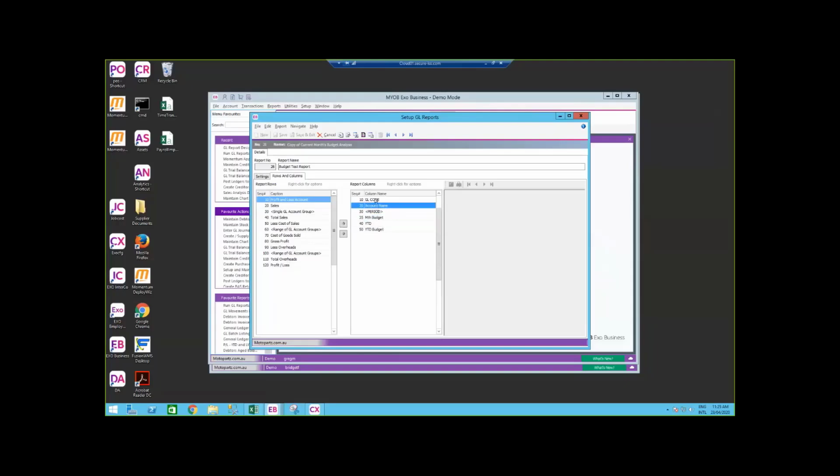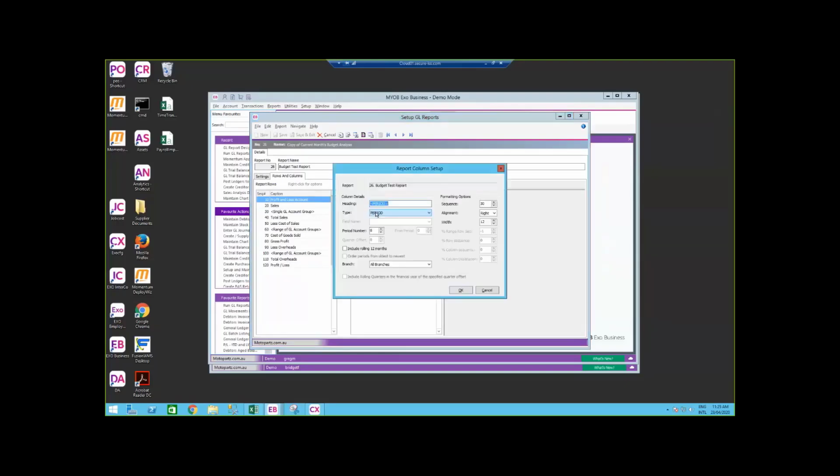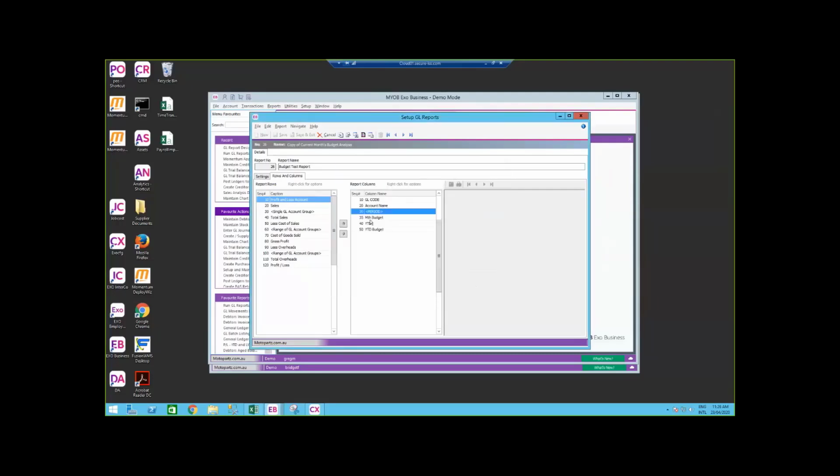So the column headings, the period is basically designed to show you the current value for the month you've selected when you've run the report. So if that's in there, you don't need to change it. What I had done in this one is say I also want to show the budget for that month, okay? So in this screen, you've got the option when you use your right click on your mouse to create a new column or edit a column or delete a column. And then you can use the arrows to move them up or down. So to edit this one,